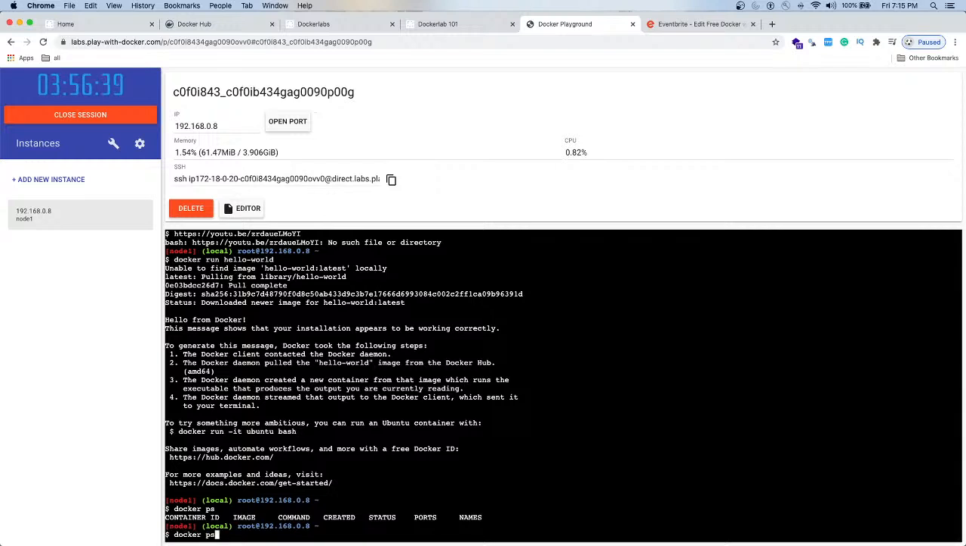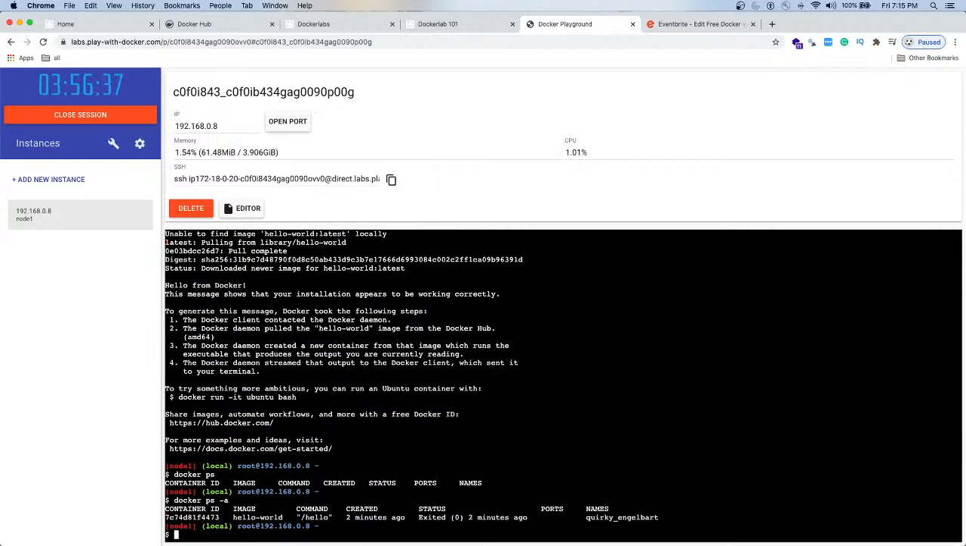And for that, if you want to check the containers which have exited, which have done their job and completed,